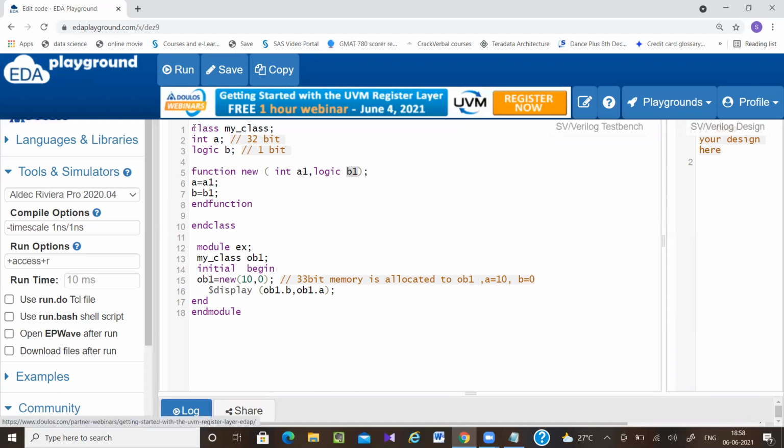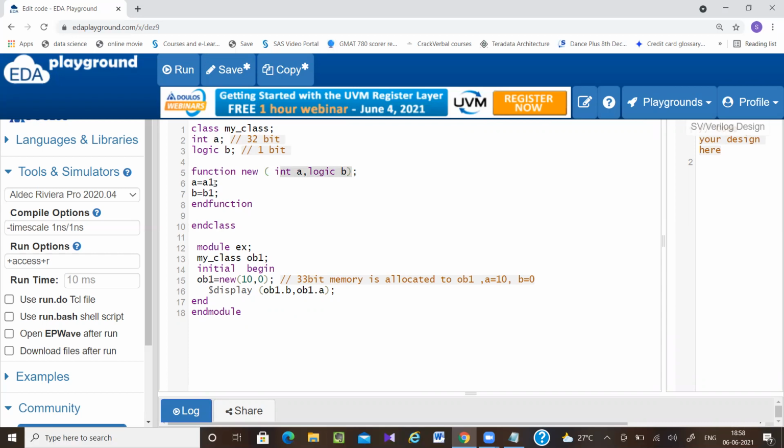It's better to use the same variable names as the class properties, like int a, logic b. If there are 10 different variables, I don't have to think of 10 different names.